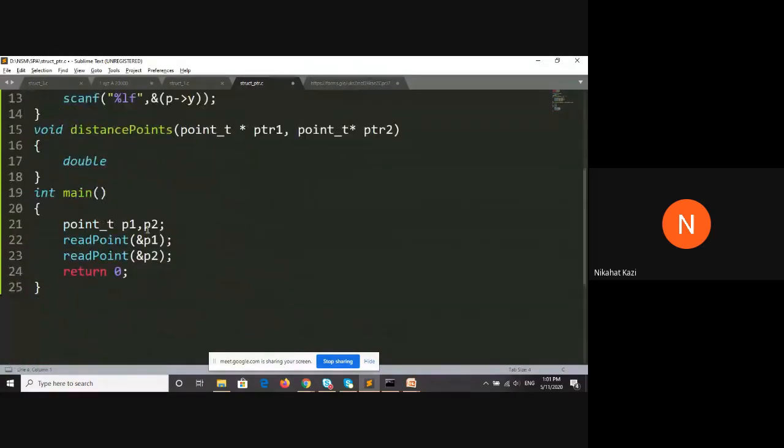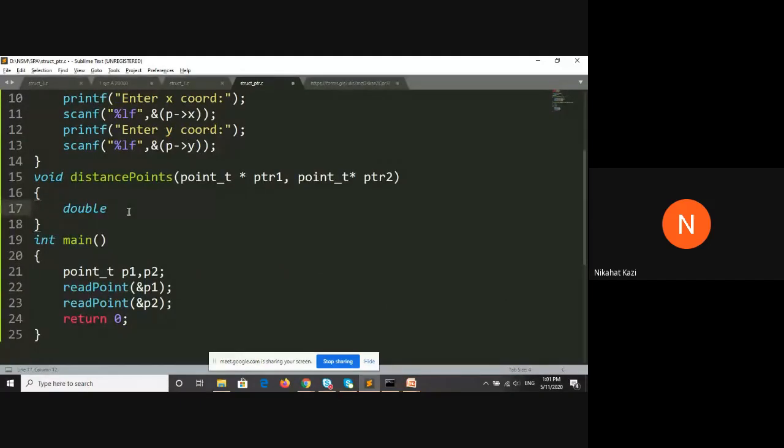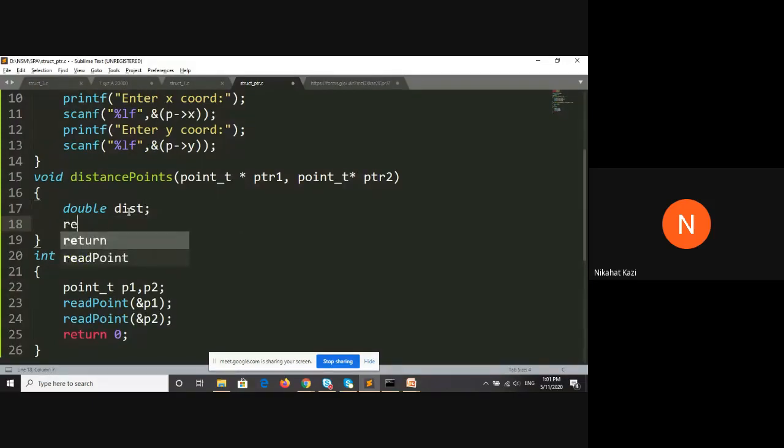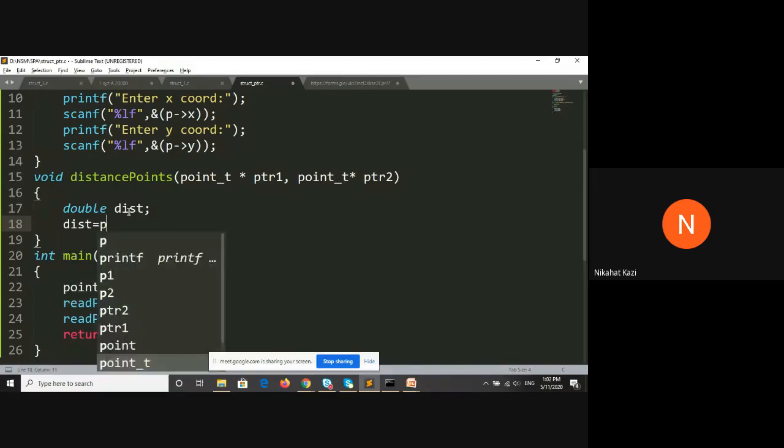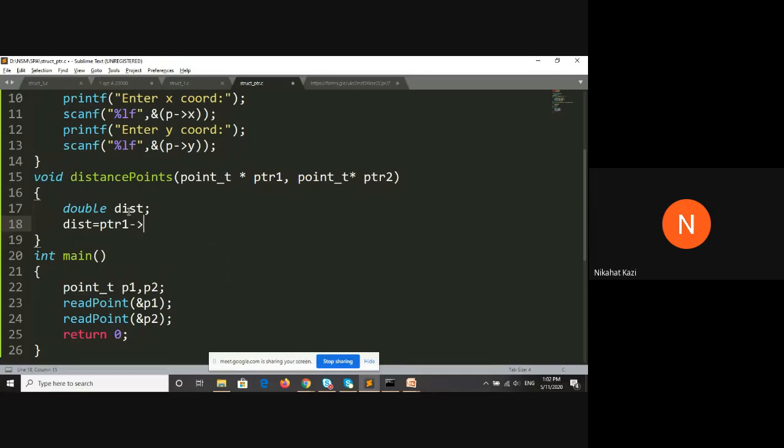Okay. So here what you will do, double distance. And you will say distance is equal to the first point's x coordinate.